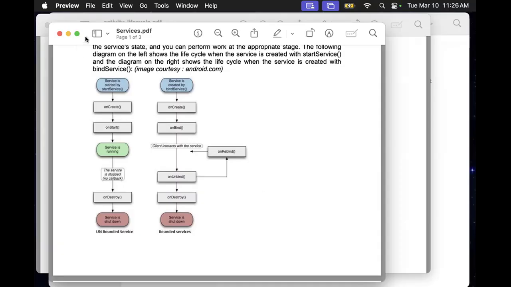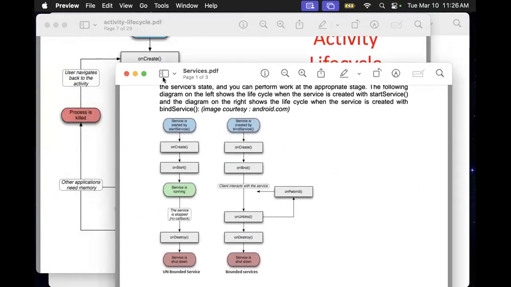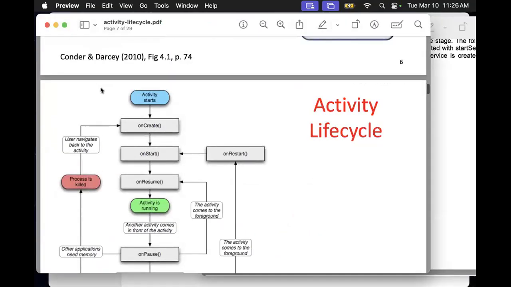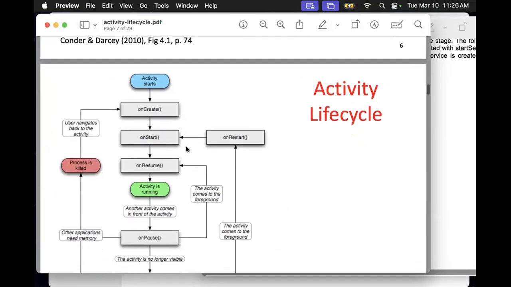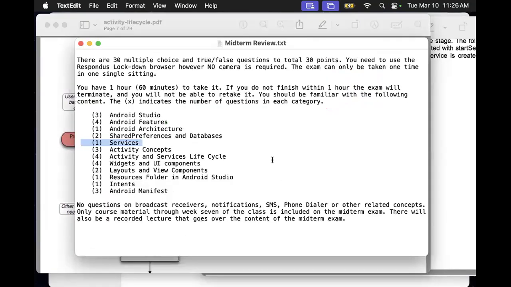But I wouldn't memorize all of the life cycles. This one is in the services. And then the activity life cycle is in a couple of different places. I put it in a separate file as well as in this file, so there's two copies of it. They're the same copy. Because further down the list here,